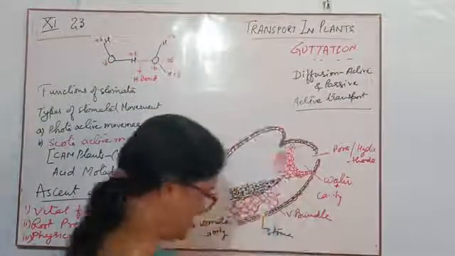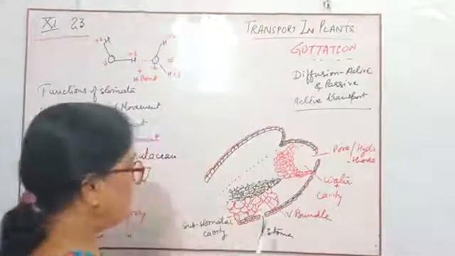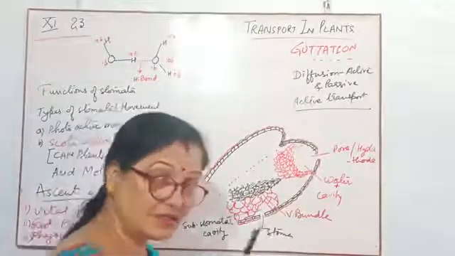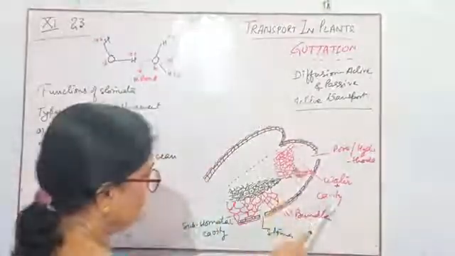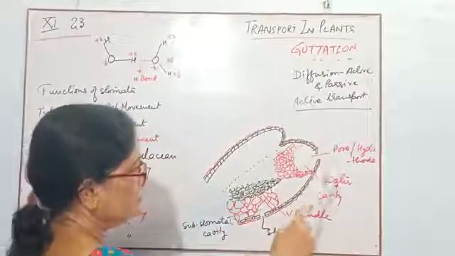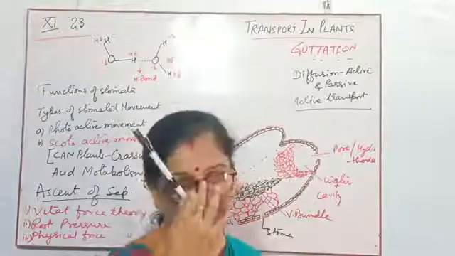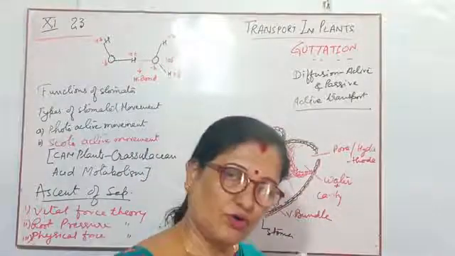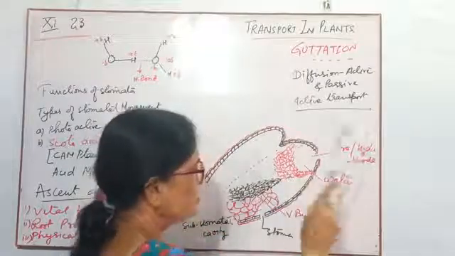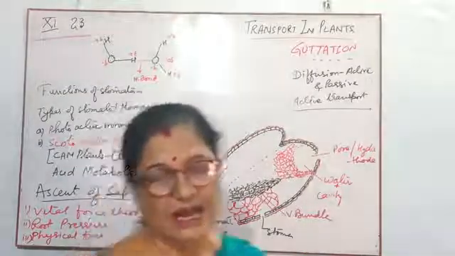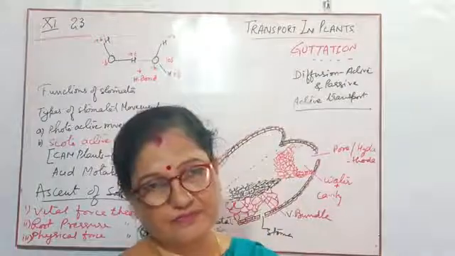This is the water cavity, and when there is no transpiration, water can reach the water cavity, and this water cavity releases water in the form of water only, along with all the minerals and everything, through this pore. This is called a hydathode, and the process is known as guttation.